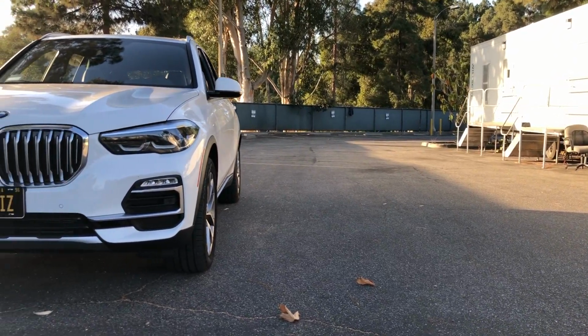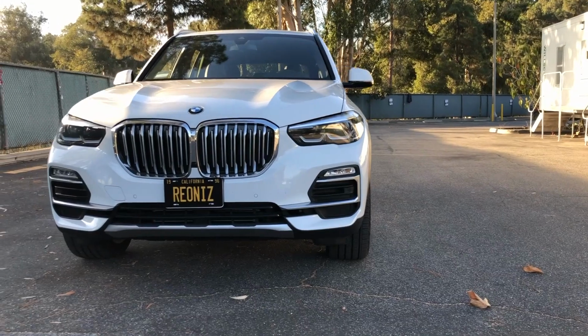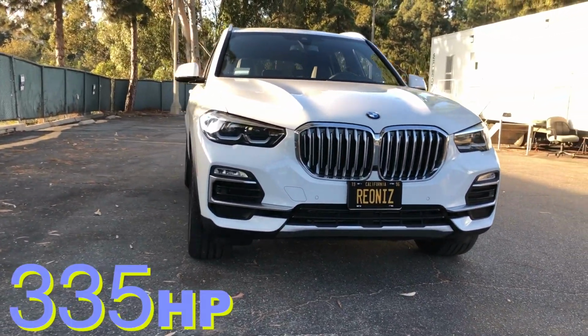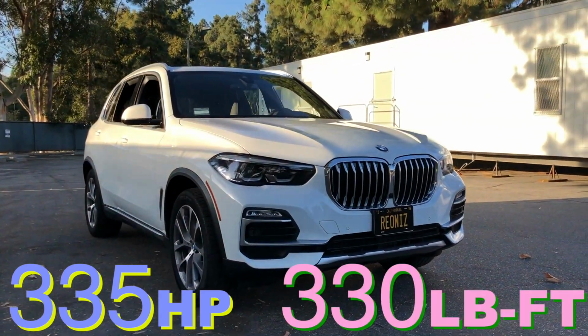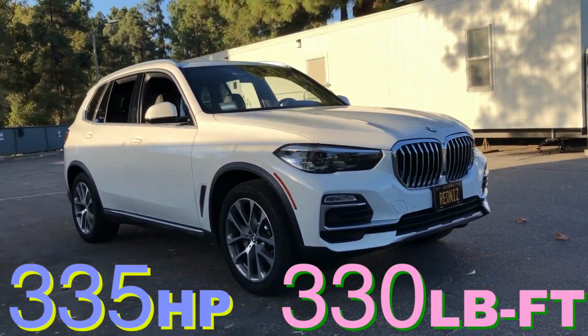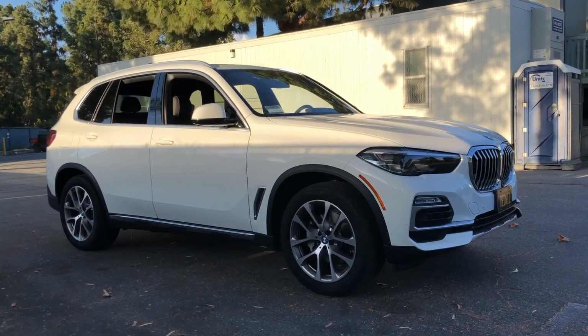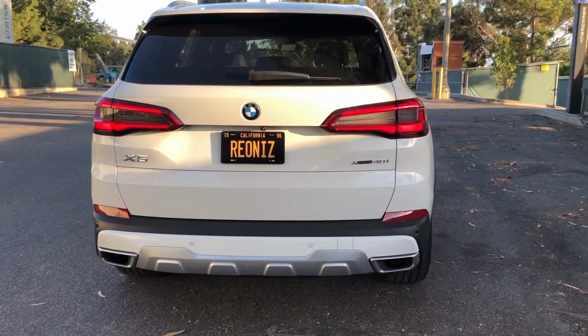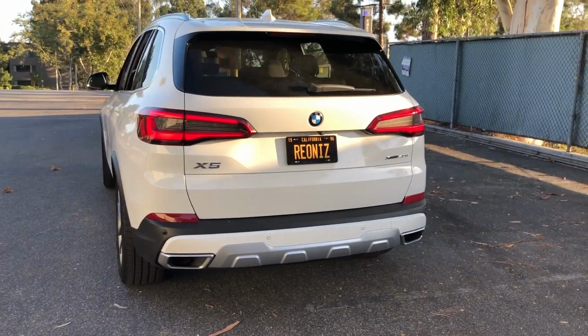This is a 40i. It's an X40i, so it's an xDrive, four-wheel drive. It's a 3-liter inline 6 motor, making 335 horsepower, 330 pound-feet of torque. And I think it's one of the best mid-size luxury SUVs you can buy, and I'm gonna explain to you guys why I think that. So we're gonna pull out and take this thing for a drive, and I'll explain why I think this is